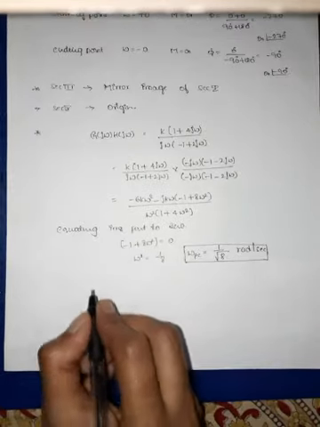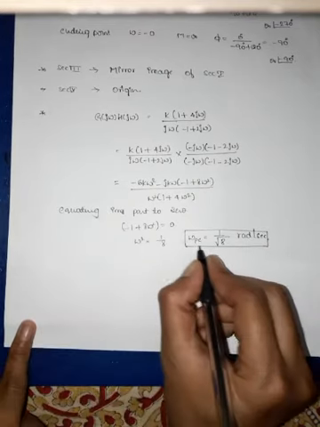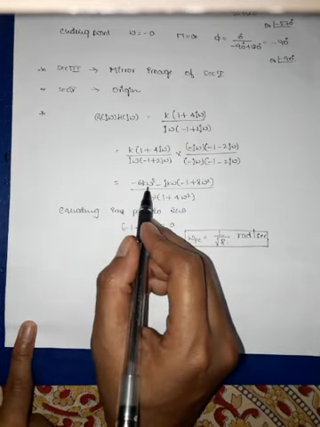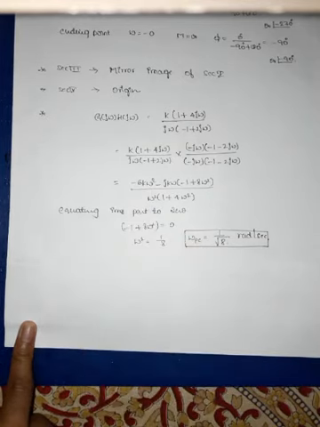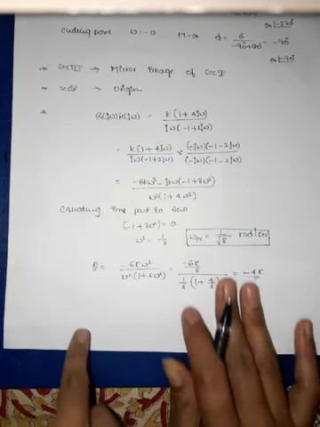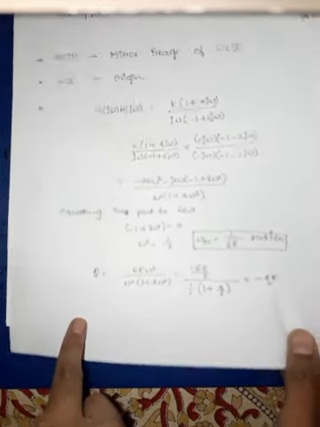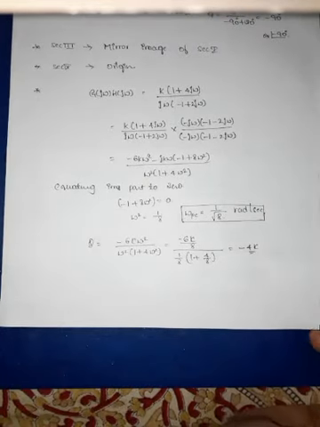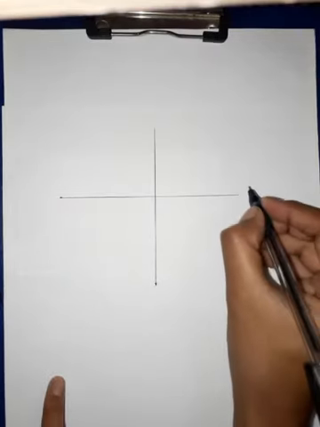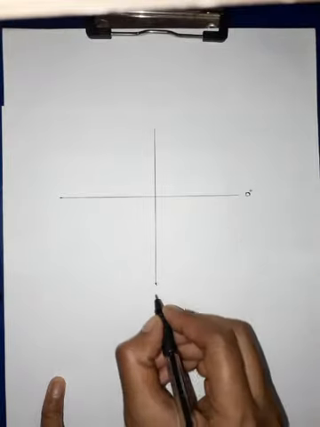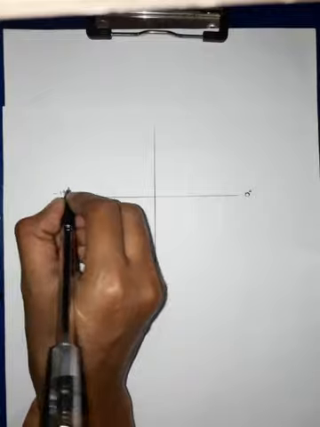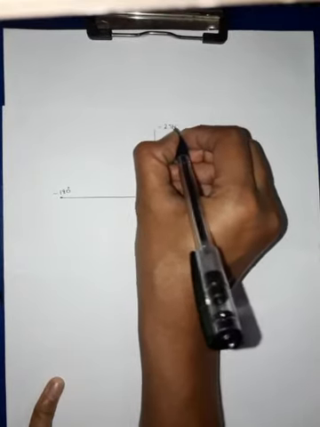So in order to find out the intersection point, we need to put the value of omega, that is 1 by root 8, in the real part of this rationalized term. So we are going to have minus 4k. So the intersection point will be at minus 4k. So I am going to plot the Nyquist plot. Here it is 0 degree, minus 90 degree, minus 180 degree, minus 270 degree.